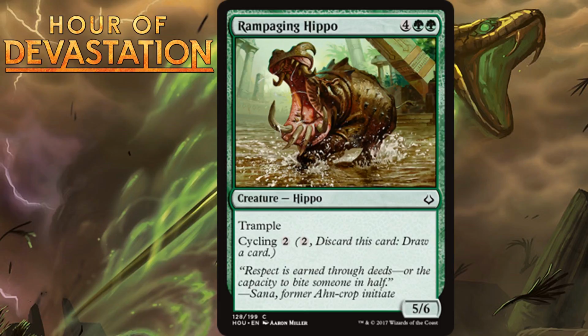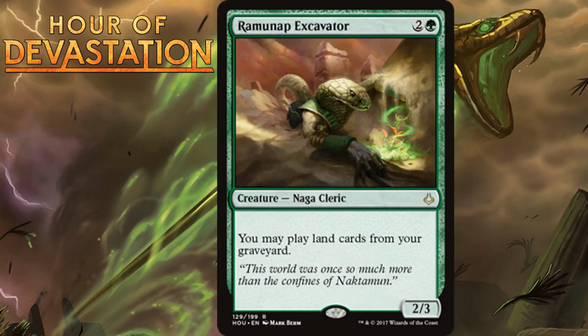This is actually one of the more efficient cards in this cycle of cards, although I guess Greater Sandworm is probably the most efficient. This, as I said, is average filler thanks to the fact that it can do something at all stages of the game, whether it actually goes on the battlefield or gets cycled. So I'm going to give it a C. It's just average filler. You know, it's going to make the cut a lot of the time when you're playing green. Next, we have Ramona Excavator, which for 2 generic and a green is a 2/3 Naga Cleric at rare,